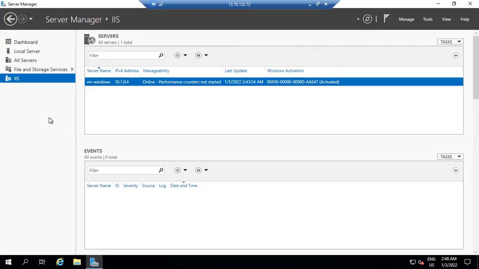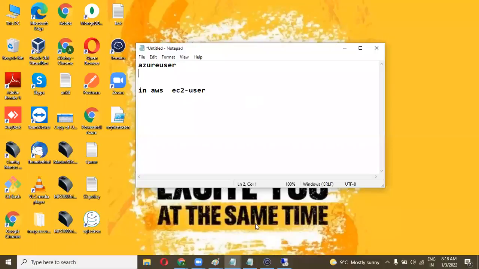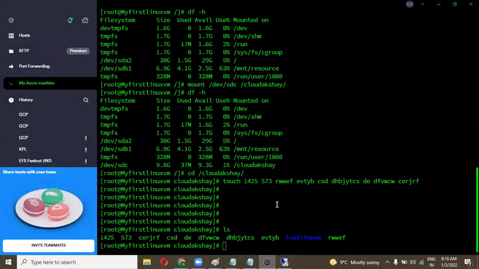How about in Linux? In Linux we can directly execute with SSH. If I want to install a web server over here, then yum install, update.